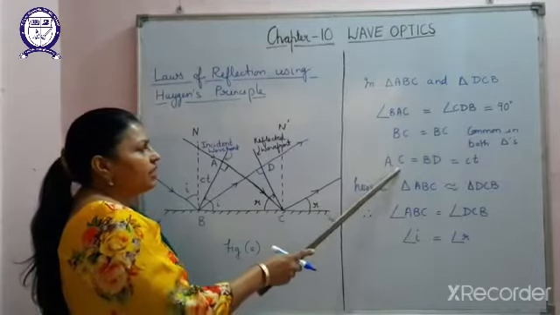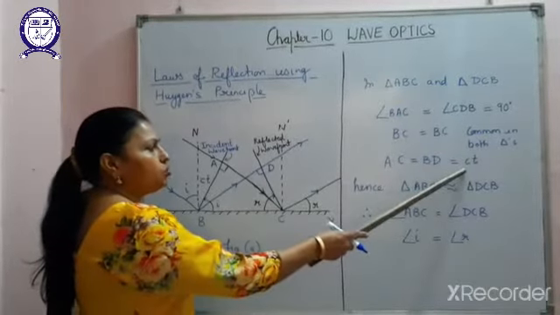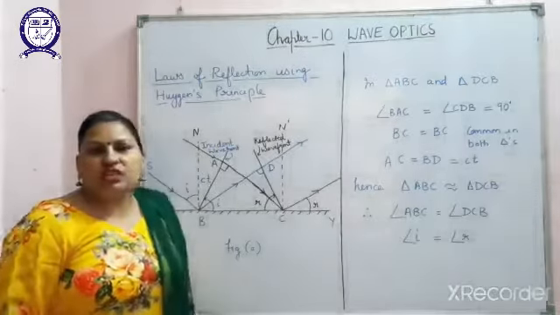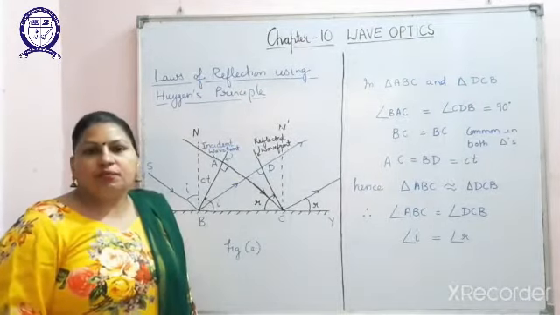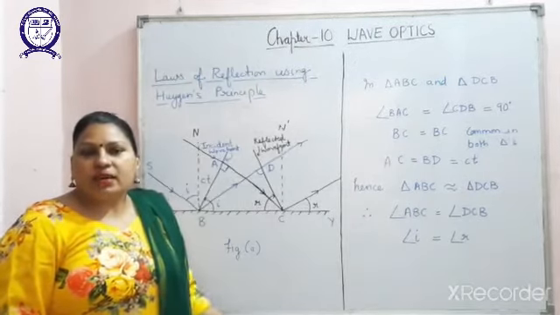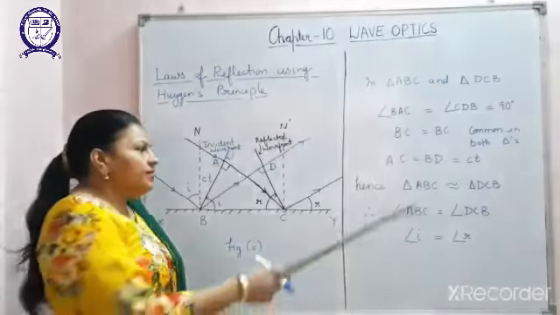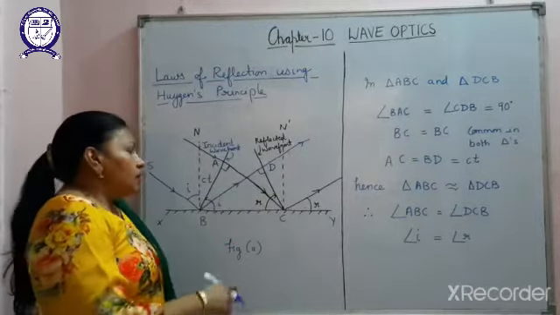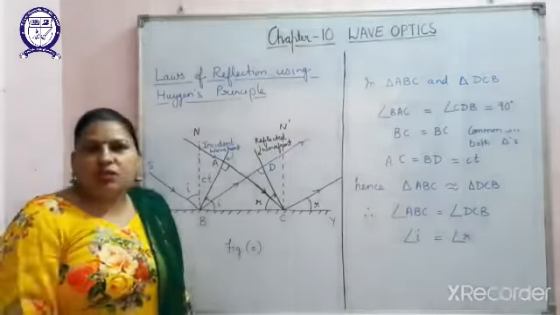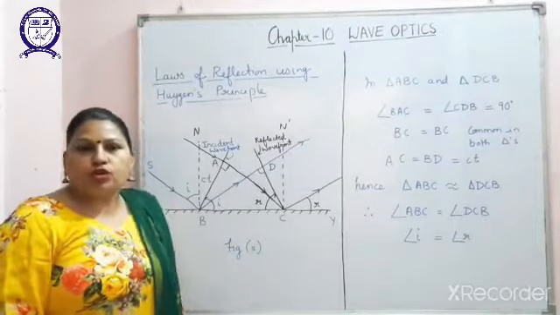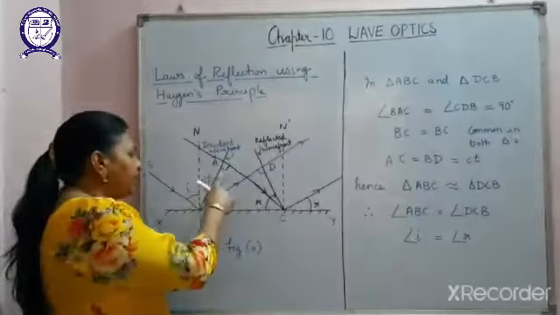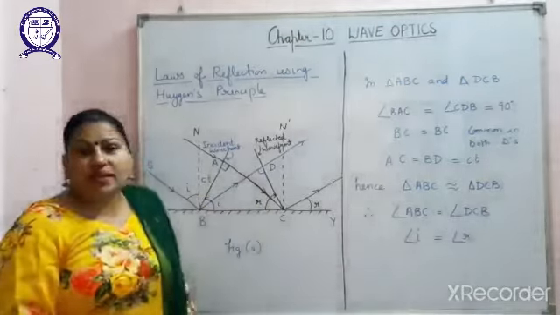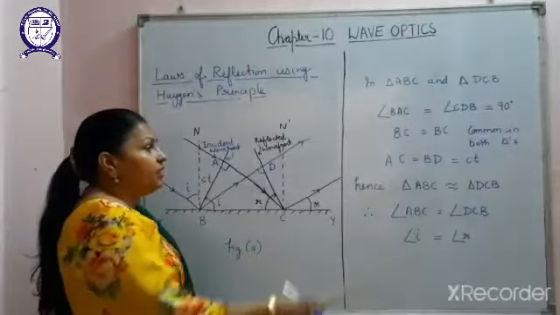And the next one is AC and BD, both equal to c into t, as I told you previously that as the wave is moving with the speed of light and the time is t, both are going to cover the same distance. Hence AC and BD will be equal to ct, as the wave is propagating with the speed of light and time is common to both. So here we get the common displacement between the two, which is ct. Hence we can say that AC and BD are both equal.